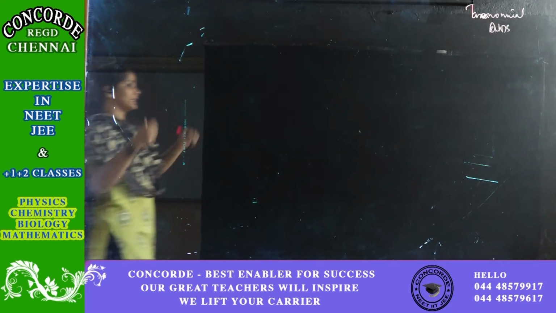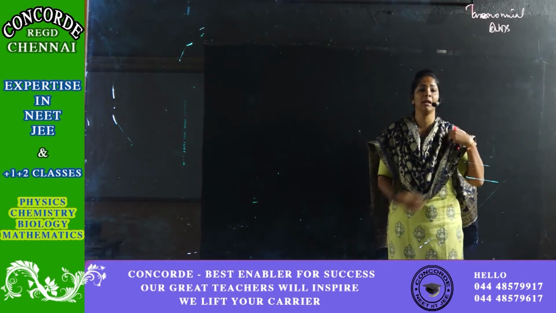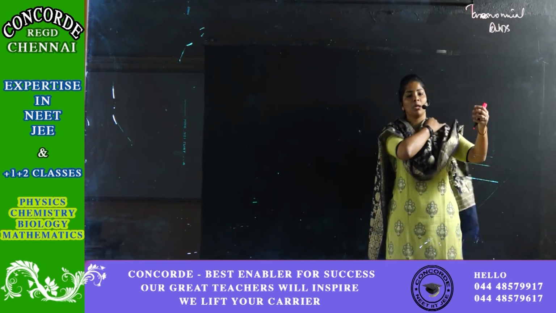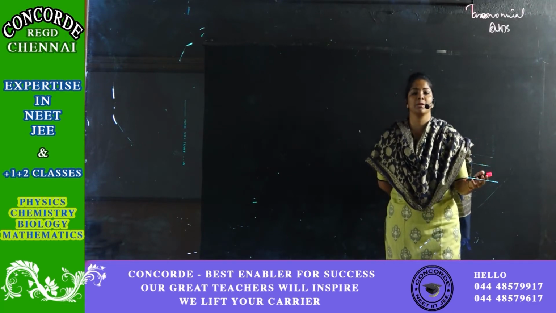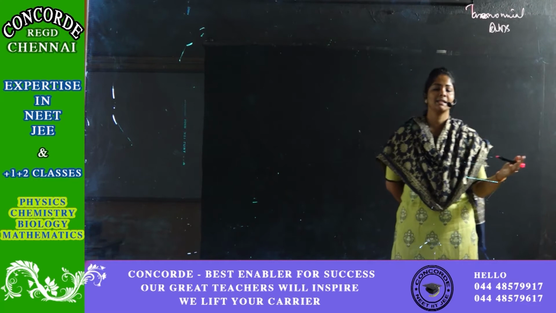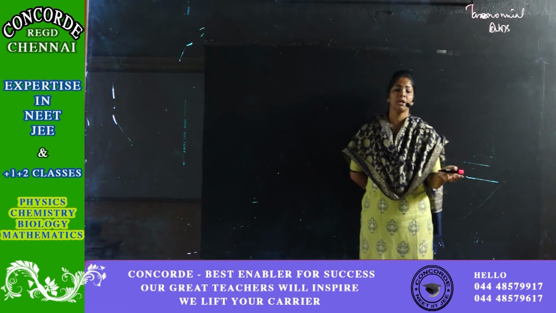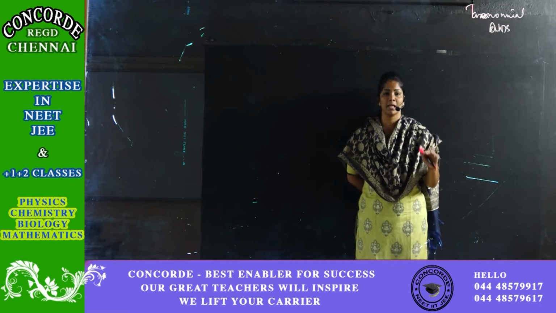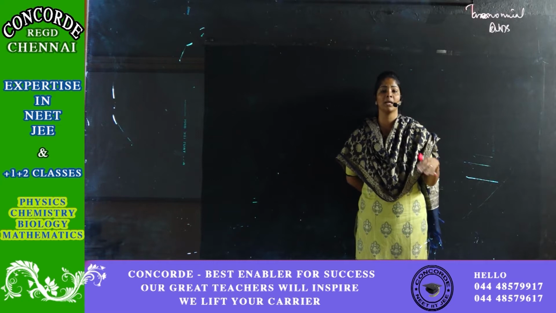Okay, so what are the taxonomical aids which we have? Aids in the sense, how can we preserve this flora and fauna naturally or artificially? You have two types of preservation: one is in situ and the other is ex situ. In situ preservation is where you preserve the organisms in their natural habitat, whereas in ex situ you will artificially preserve them, not in the natural habitat.